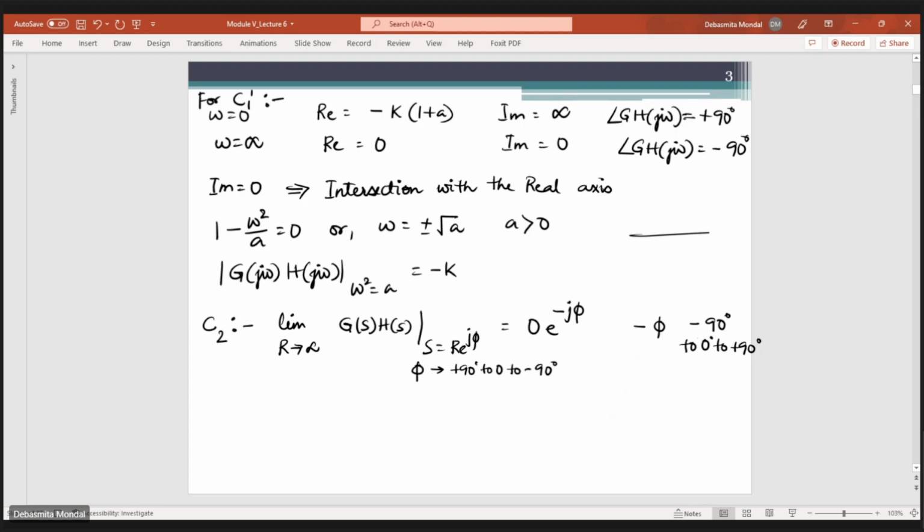So that means it will be an infinite arc on the negative side, and the phase angle, that is phi, that is minus theta, will change from minus 90 degrees to 0 degrees to plus 90 degrees. And in this case, theta changes from plus 90 degrees